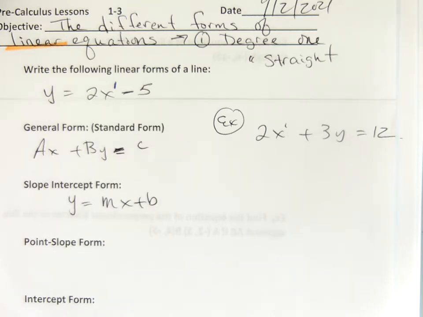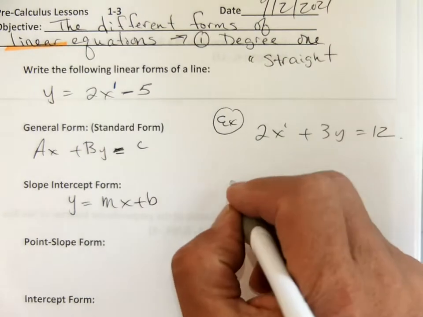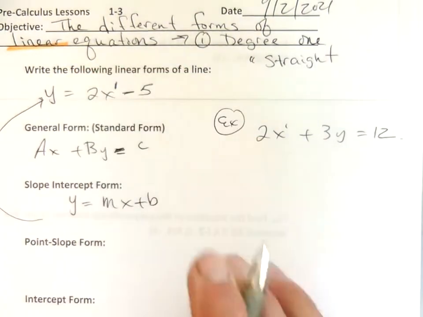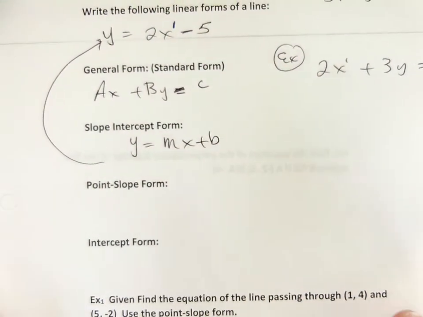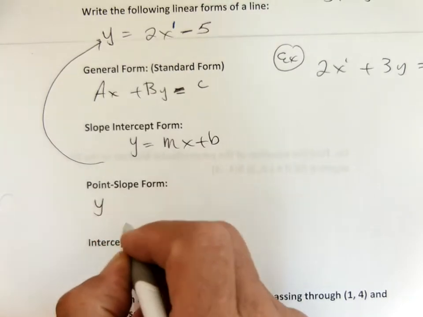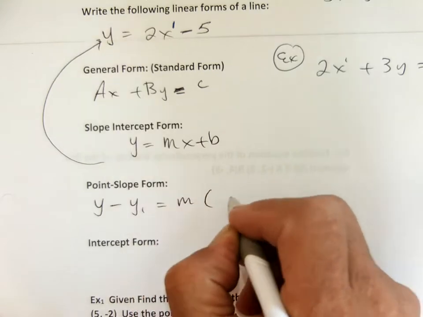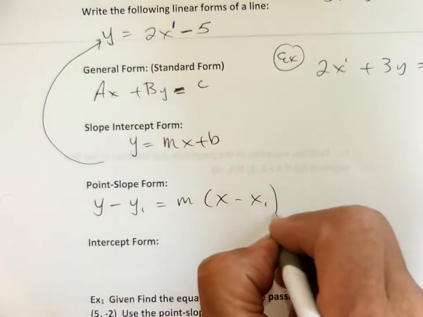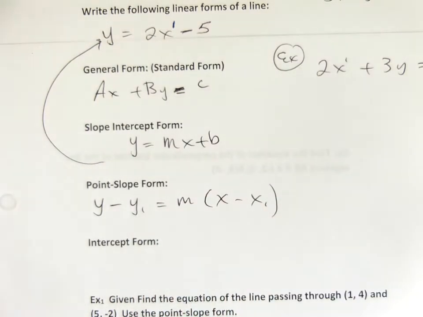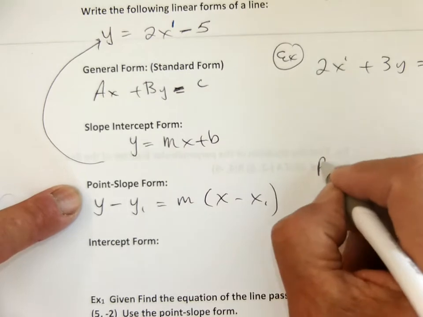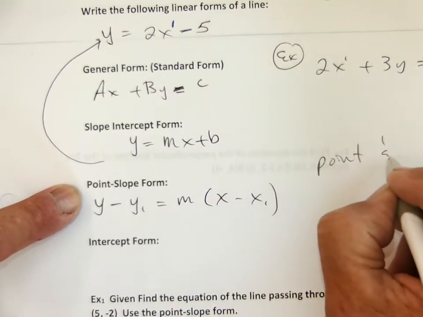Thank you. Now, the point slope form is one I use a lot, and a lot of kids don't, but I'm going to get you used to it. We already have an example of that. There's my example of that. Point slope formula is this. It is y minus y1 equals m times x minus x1. I like this formula. And you guys, I hope, are going to get used to it and like it too. So if you're given a point and a slope, if you're given a point and the slope,